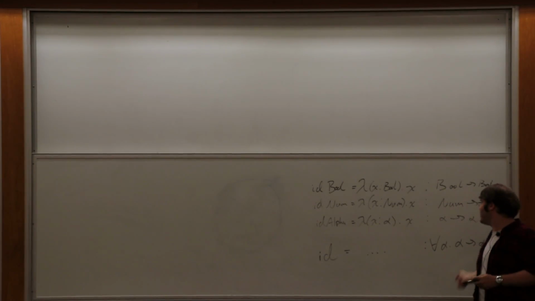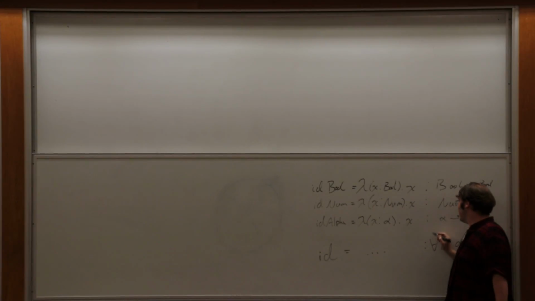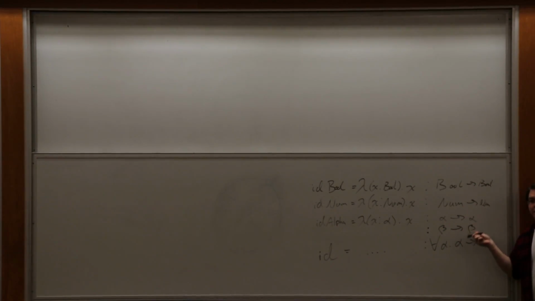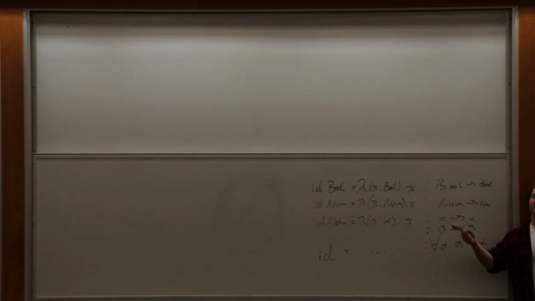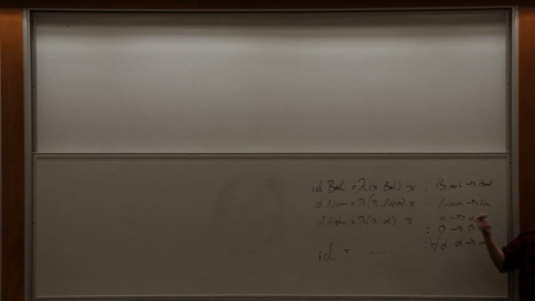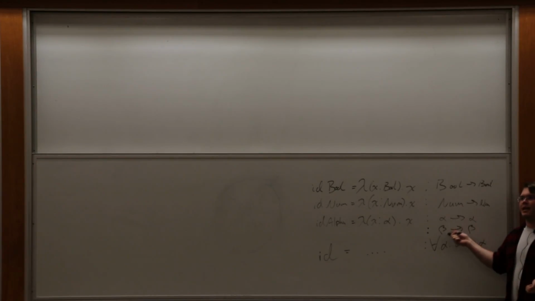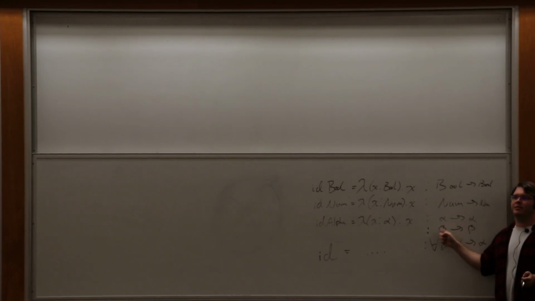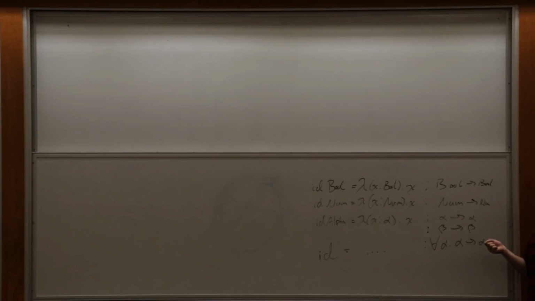No, so it's not the same. If I say this in the simply typed lambda calculus, and I could also do the same thing and have beta arrow beta, those are different types. They have nothing to do with one another. Yes, but the simply typed lambda calculus doesn't know that, so you can't unify. There's a little bit of difference in what the for all is. Functional languages have this really nifty, concise convention, but that's different from what the theory of languages is. So when you say this, it's not that they could be the same, but not really, because maybe I instantiate alpha and beta so that they're different,